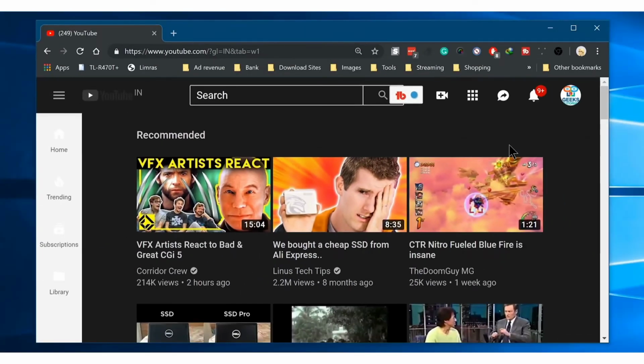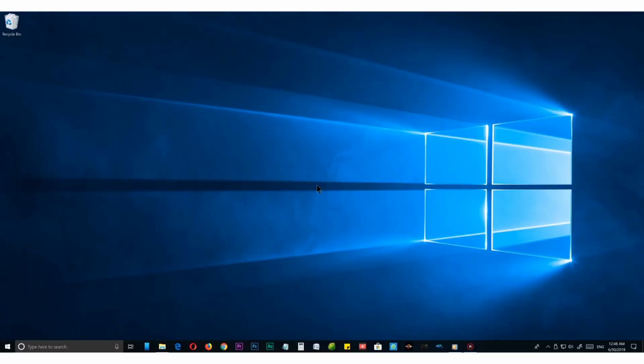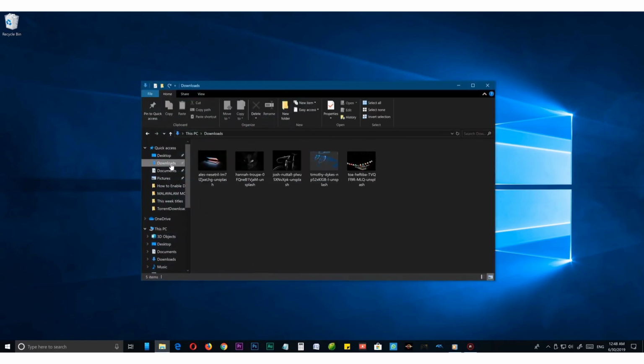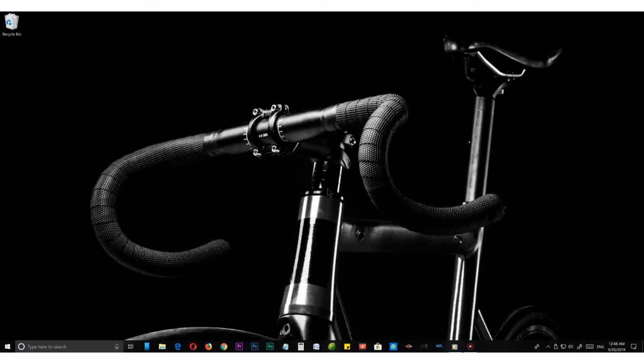If you're really into something like a dark mode or theme, I recommend you to enable dark mode in both your Windows 10 and your browser, which will give you a nearly perfect dark mode experience, at least for now. So that's how you can enable dark mode on your Windows 10 PCs, laptops,